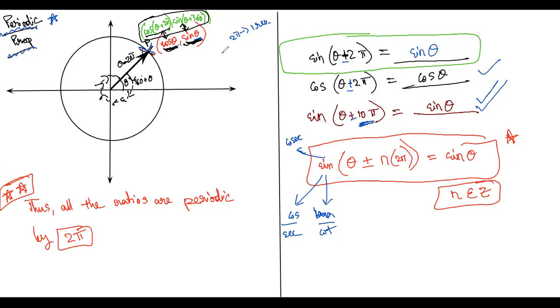Okay. So far it is fine. That is exactly what I wrote here in this star marked equation: sine of theta plus n times 2 pi, where n is any integer. So what is the value of pi here? Pi is 180 degrees. We discussed this in the first class. Pi is 180, 2 pi is 360 degrees.